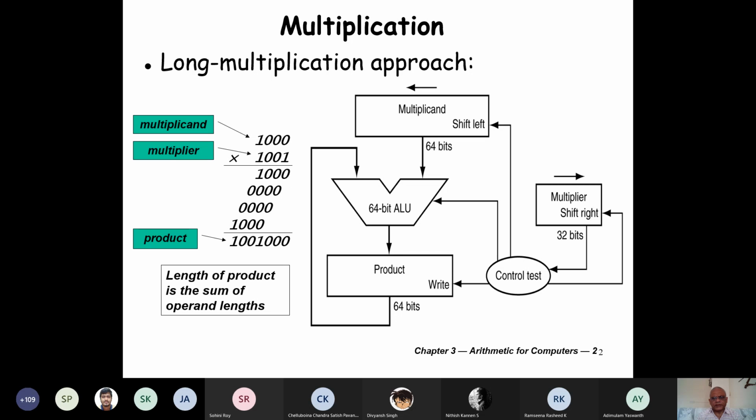So in this register, the shift register, we keep the multiplicand. And in this shift register, we keep the multiplier. And the result will be 64-bit: a 32-bit by 32-bit number multiplication will result in a product which is 64-bit. So here this control circuit coordinates all these steps. Each time, first time it observes the rightmost bit or the least significant bit of the multiplier.